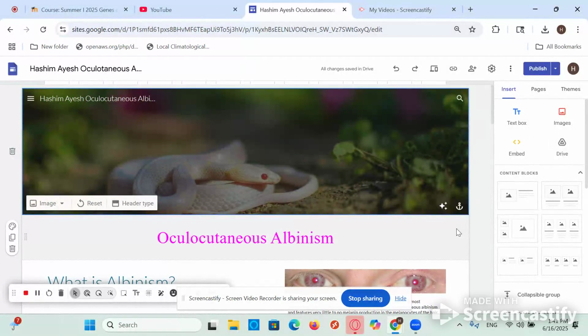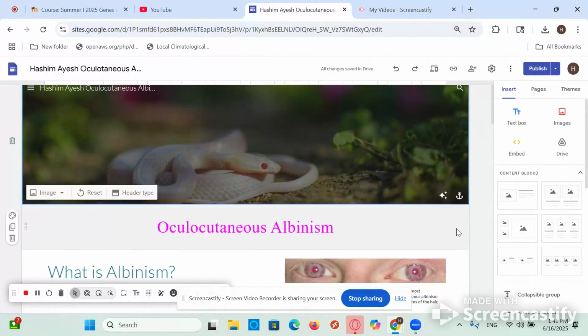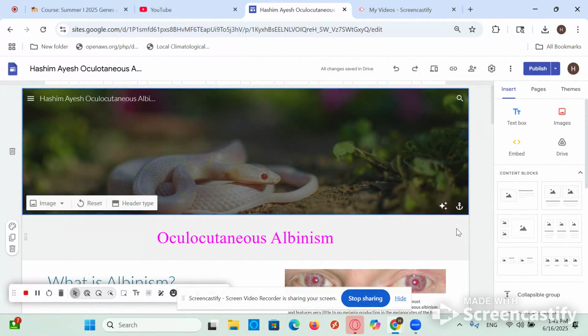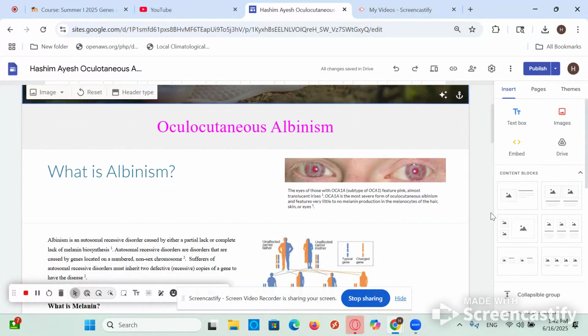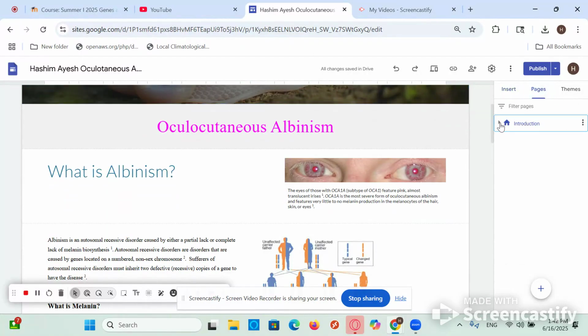I'm a graduate student in the physiology program here at State, and I did my project on oculocutaneous albinism. I chose this topic because I found the genes behind the variation in skin color to be interesting. And in terms of albinism, it's a disorder of lack of melanin, I should say. So I broke my website down into a few sections: signs and symptoms, affected tissues, gene pathway, treatment research, references,